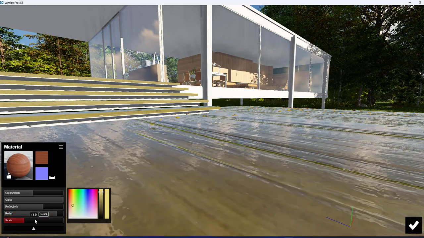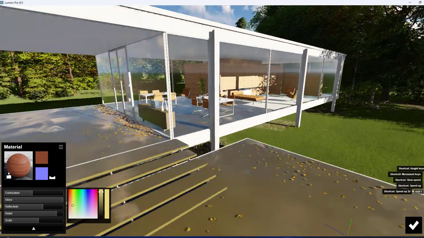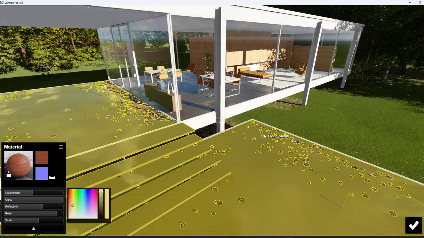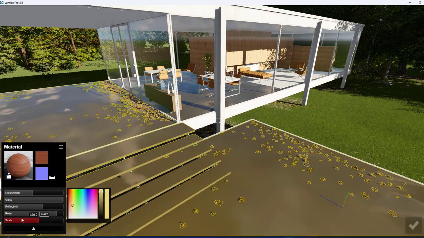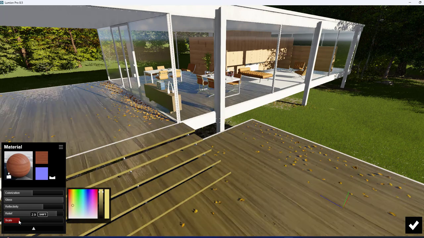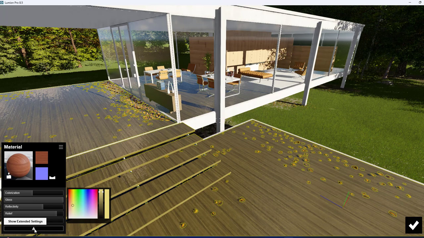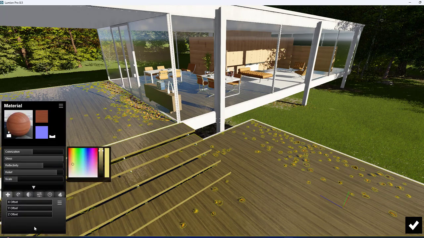Next, if you want to change the scale pattern like this, you can change. You have to scale it up in such a way that it should not be too large or too small. It is properly fitted to that particular geometry in such a way that we have to do the scale. We can't give any value, but by using this bar tool you can edit it and then you can keep it like this. So once you're done, you click on the show extended settings to get more options.